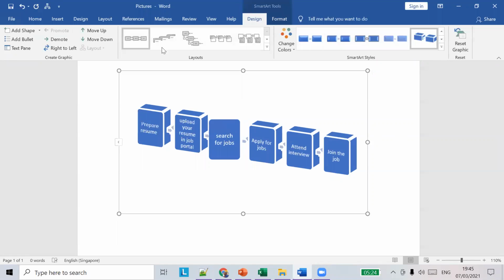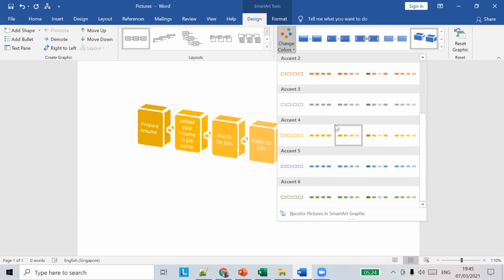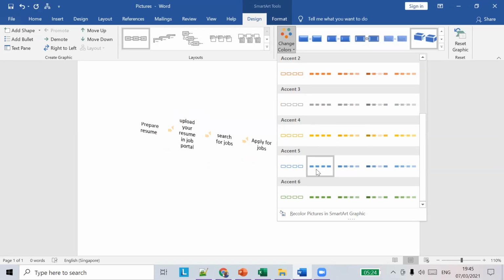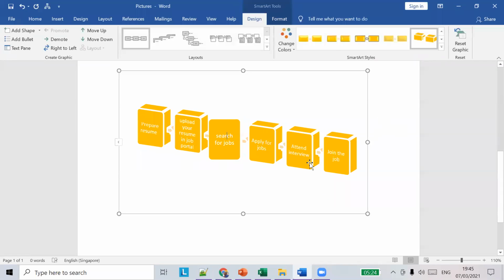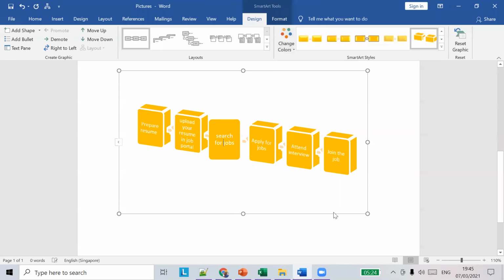You can use this option to change colors also. So if you want some other color, you can do it.